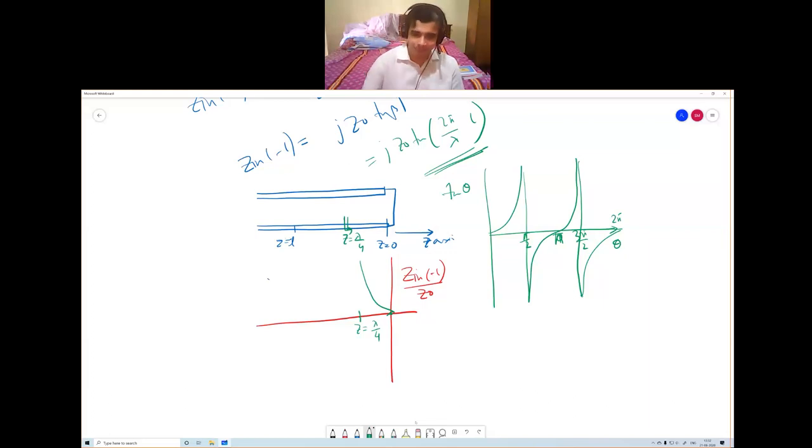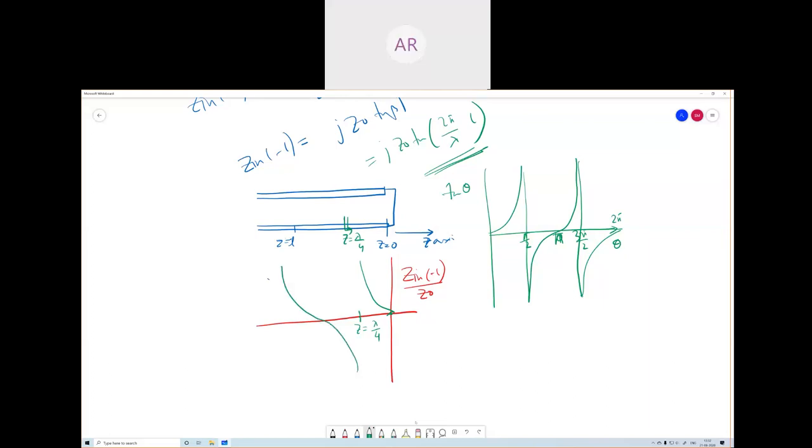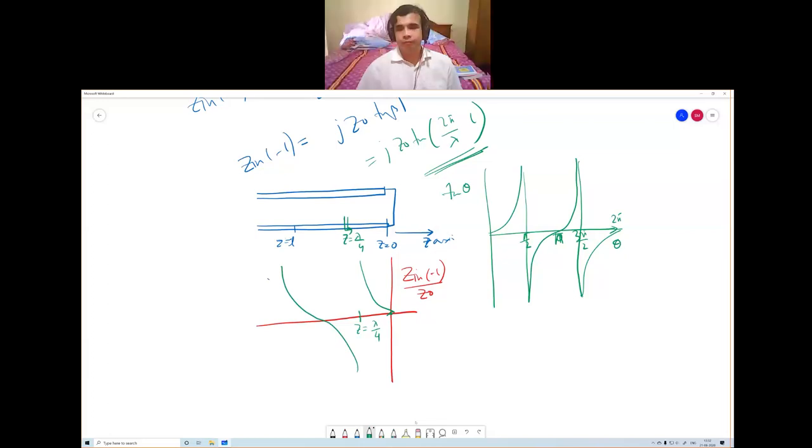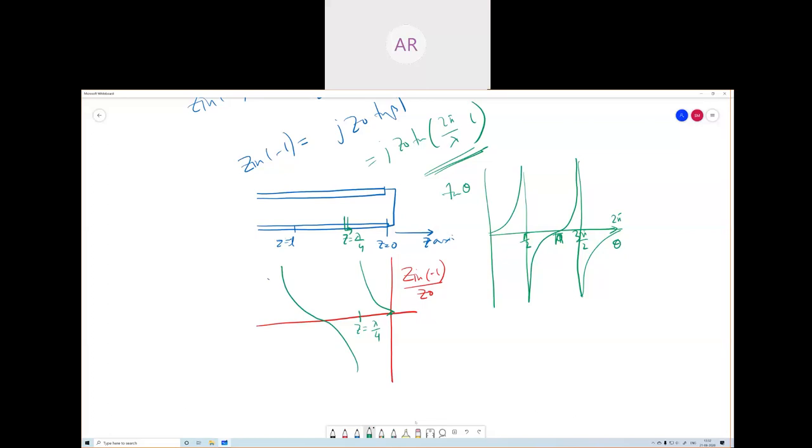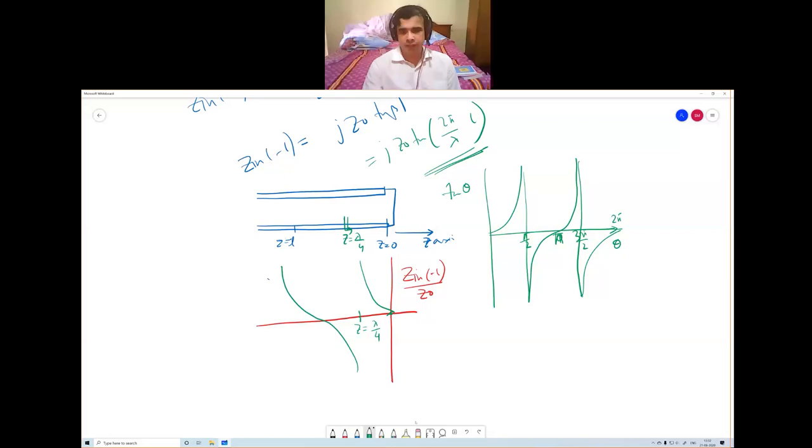Yes, sir. Then again, we will follow the tan curve. It goes like this. Sir, is it only possible for an infinitesimally small portion of the transmission line? No. I am doing this for finite lengths. This is not an infinitesimal length function. I am measuring at different points along the line. I am not using that small limit. I am doing it for the whole line. The lambda can be a finite value. So this is lambda by 4, which may not be infinite.